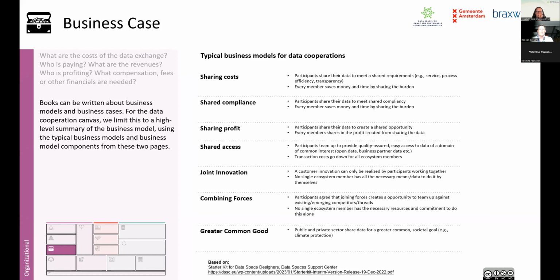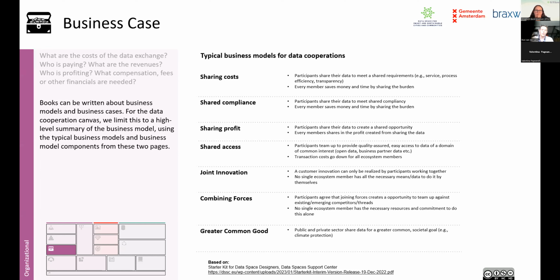Will it be so that you have a cooperation to have the possibility to join innovation, to develop software for sharing data and share cost, but also to make new innovation applications possible? Or is it possible to work on a greater common good? And be aware, these are general business models that you can use for data cooperations, but you can also combine them.